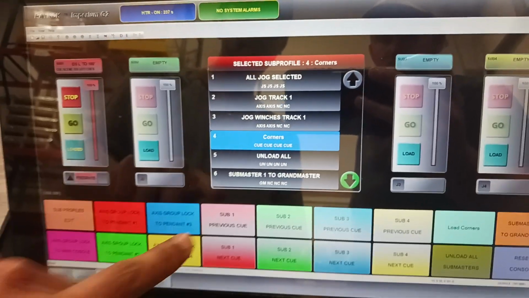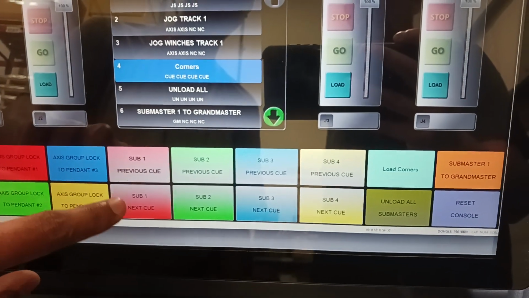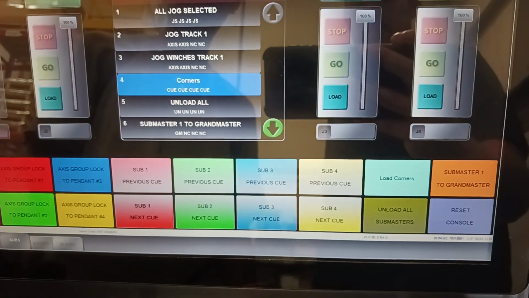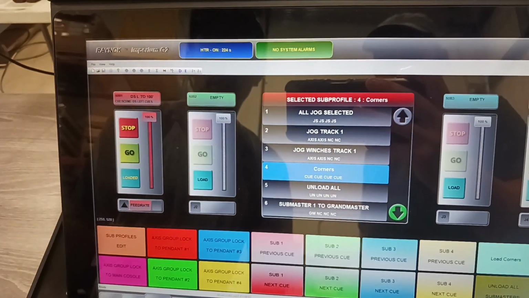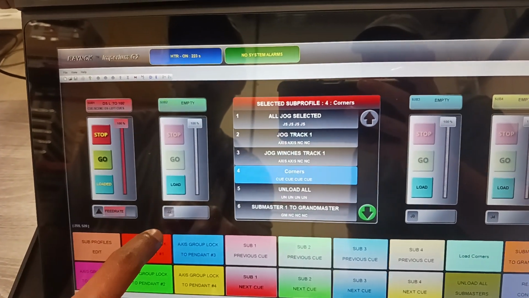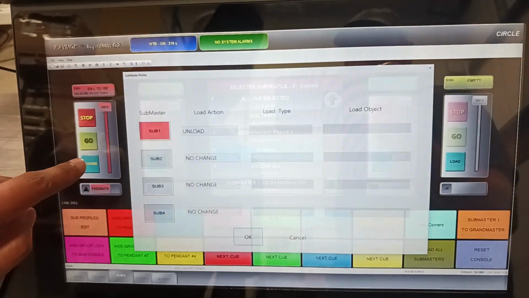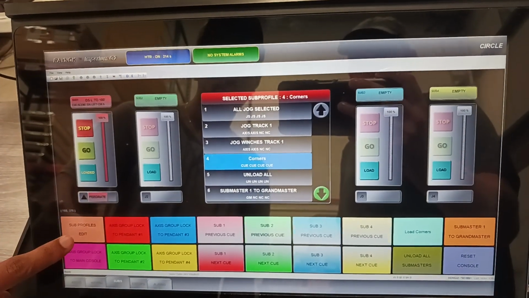You can also have macros to advance and go previous queue on each of your subs. So that's what's shown down here. In addition, you can create preloaded subprofiles. Hitting one of these buttons brings up the temporary subprofile window, and you can have a macro that brings up